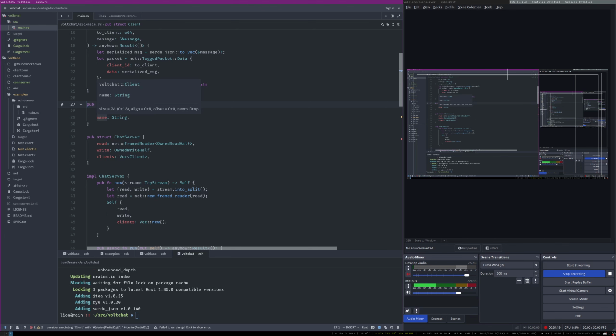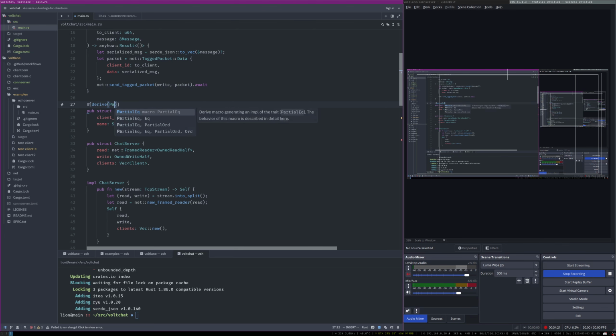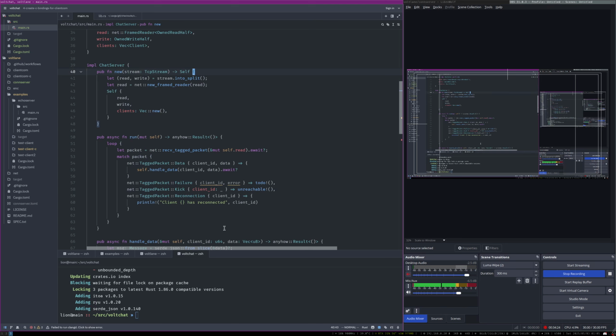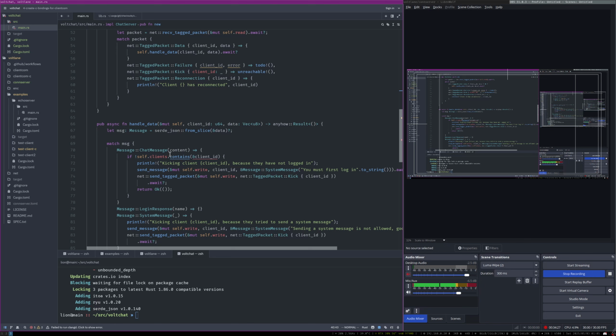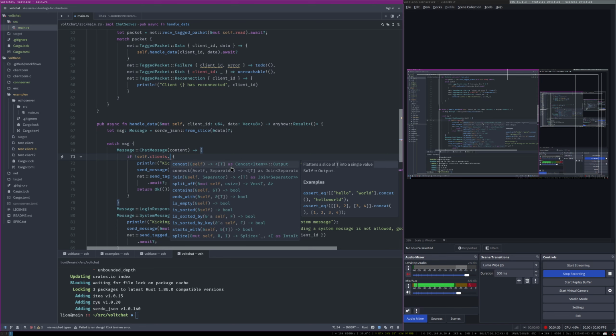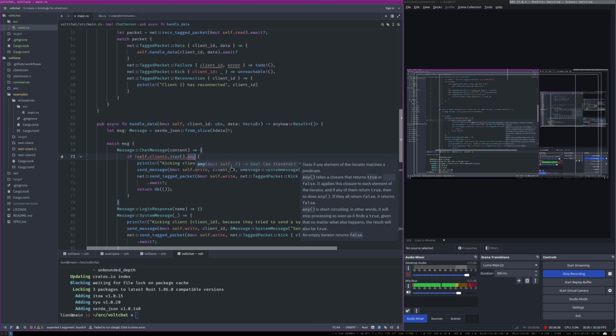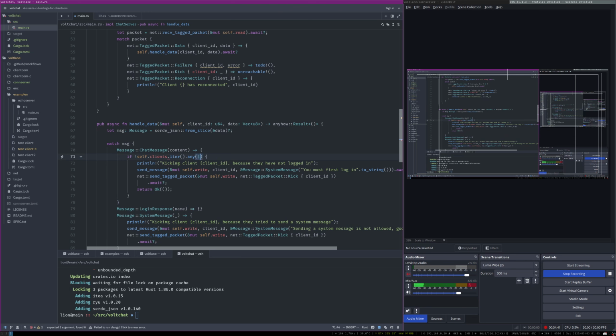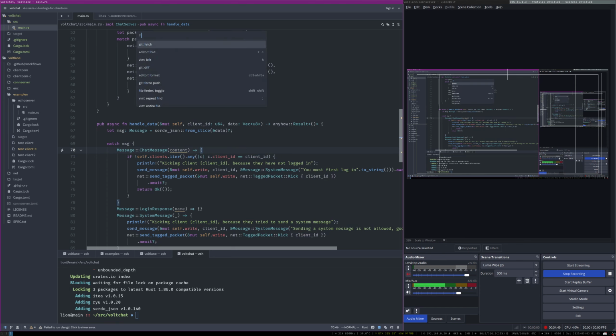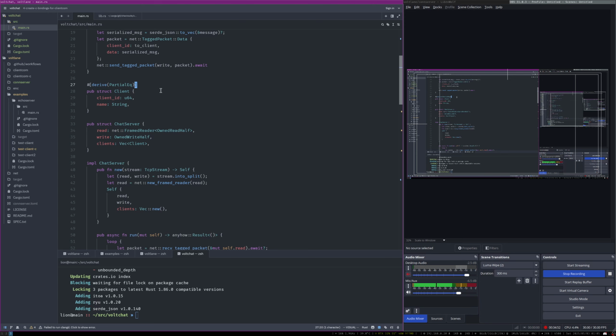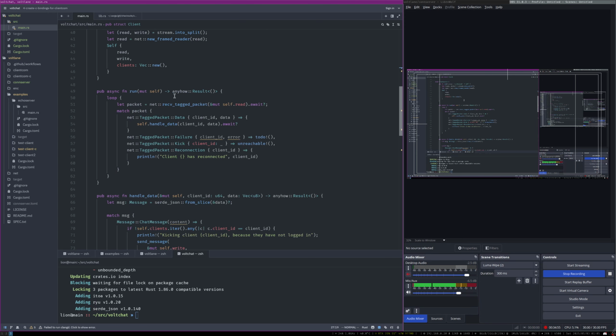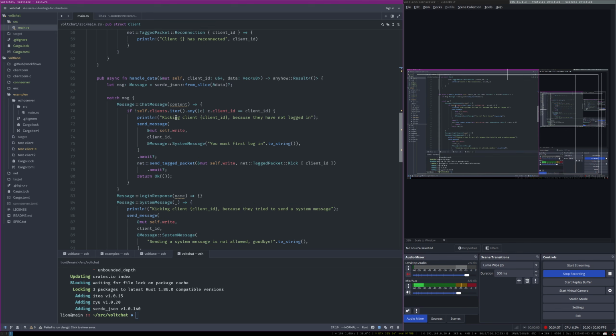Oh yeah. Partially cute. Very smart, very smart. And of course, we can no longer do contains, but we can do an inner any, what's it like? Client ID is client ID. Fantastic. And then we don't actually need to derive partially Q because there's no point. All right. And